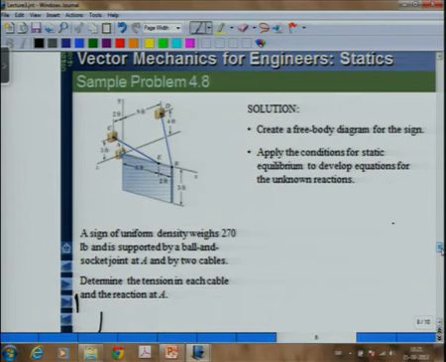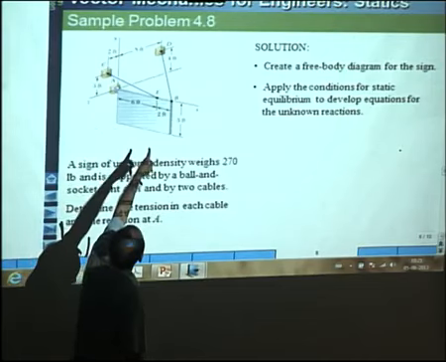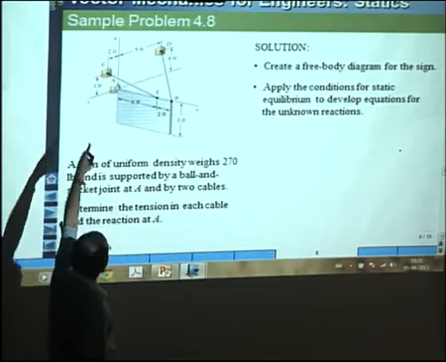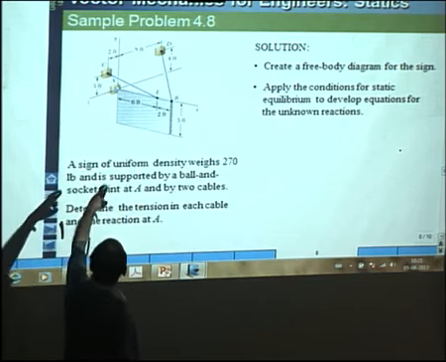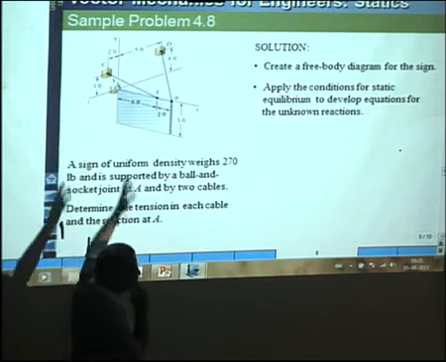So, basically here what we have is that at point A there is a pin joint, a 3-dimensional pin joint, on which a board is hanging. This board is hanging there, and it is connected by a cable from point E to point C, and there is a cable from point B to point D, and the coordinate axis, the origin is at point A,